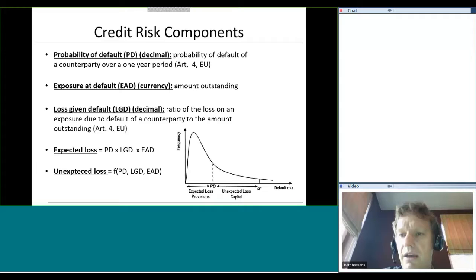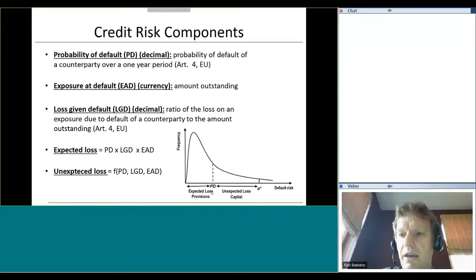The unexpected loss is a function of the PD, LGD, and EAD, whereby we typically make some distributional assumptions. I cannot elaborate on these distributional assumptions in this 1-hour seminar, but usually financial institutions will adopt a VAR approach, a value at risk approach. And here you can see a loss distribution in the lower right corner of my slide, whereby the PD represents